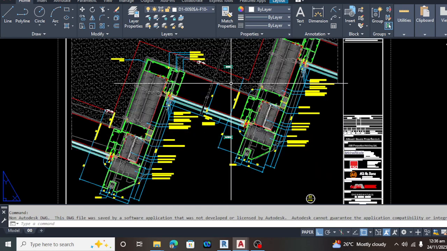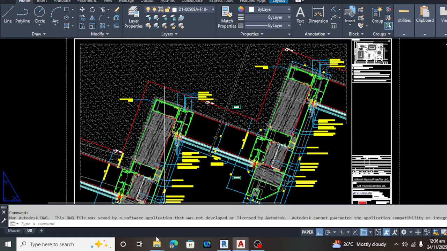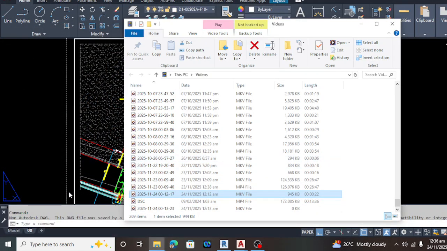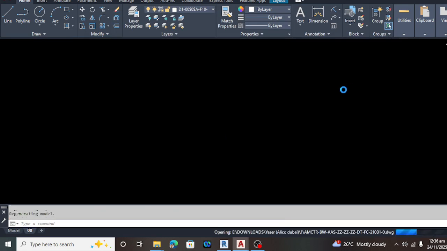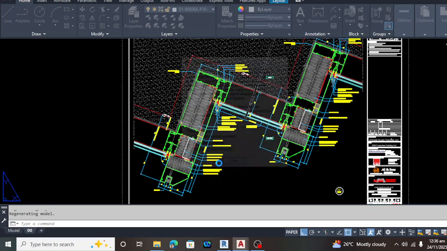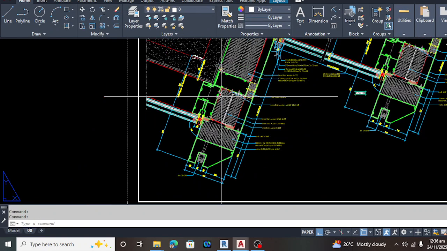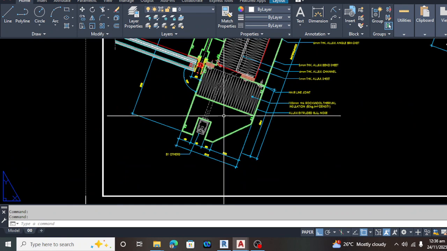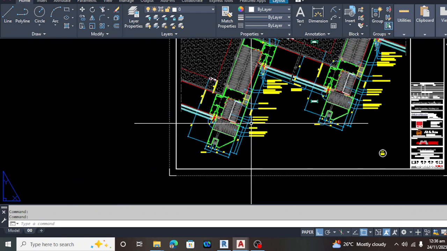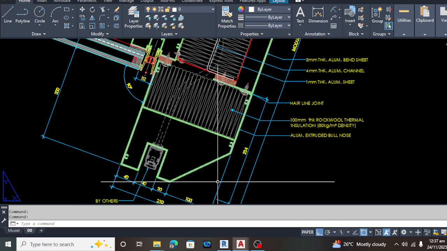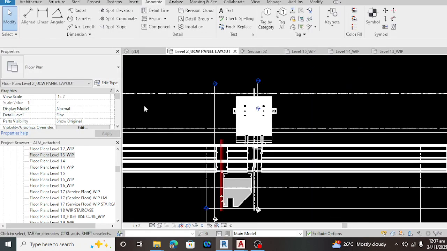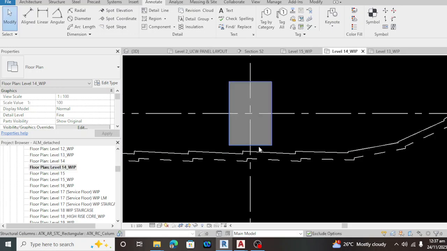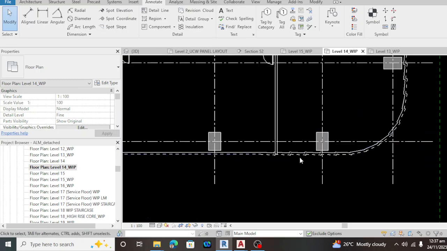This is their concept drawing. Also the other one. Let's see the other one. What's the other one? This one. This is their concept on this part of the building. This is the bull nose. I don't think we have a layout on the bull nose. Let's see on level 15 or 14 if they have a layout. No, they don't have a bull nose layout.